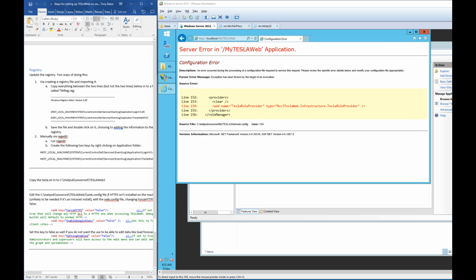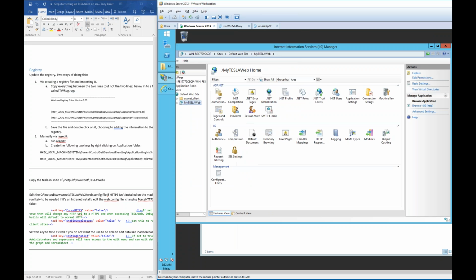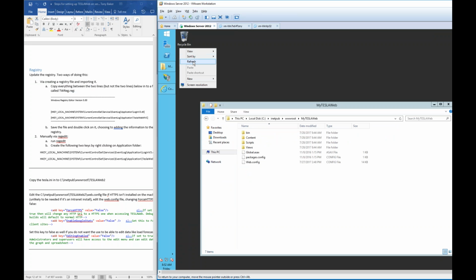Okay, on a vanilla install of Server 2012, there's a couple of registry entries we need to make for Tesla. And this is to allow our error messages to appear in the event viewer. So the quickest way we're going to do this is create a registry file. So I'm just going to quickly minimize this, get rid of that. If I create a new text document,